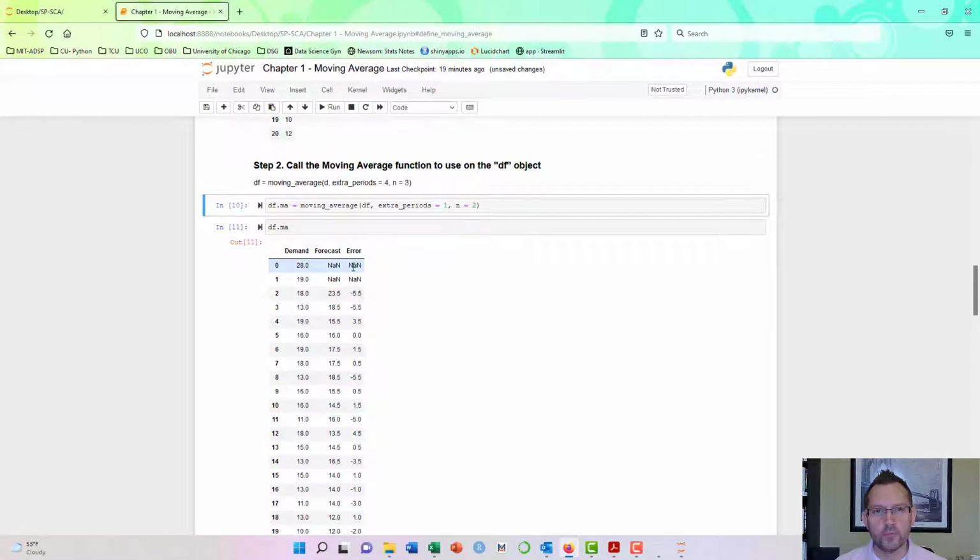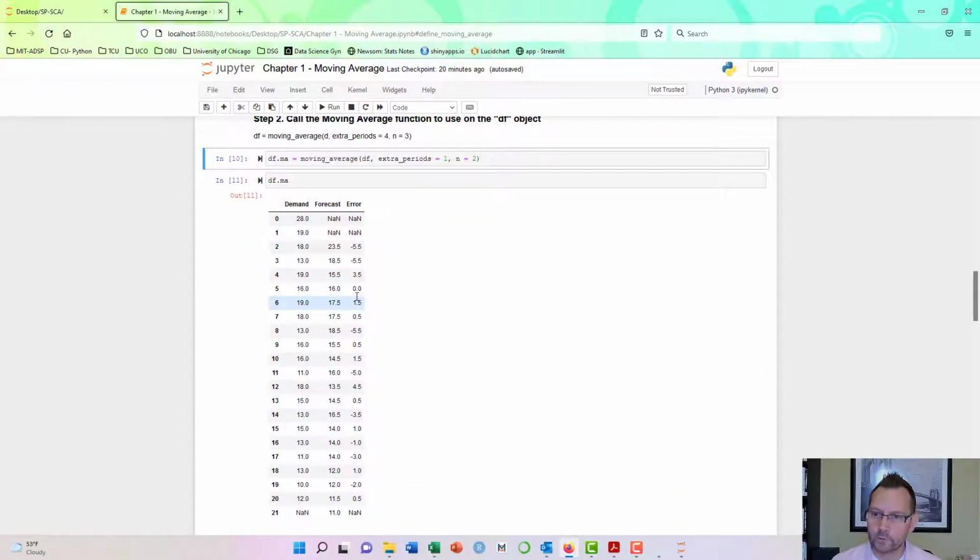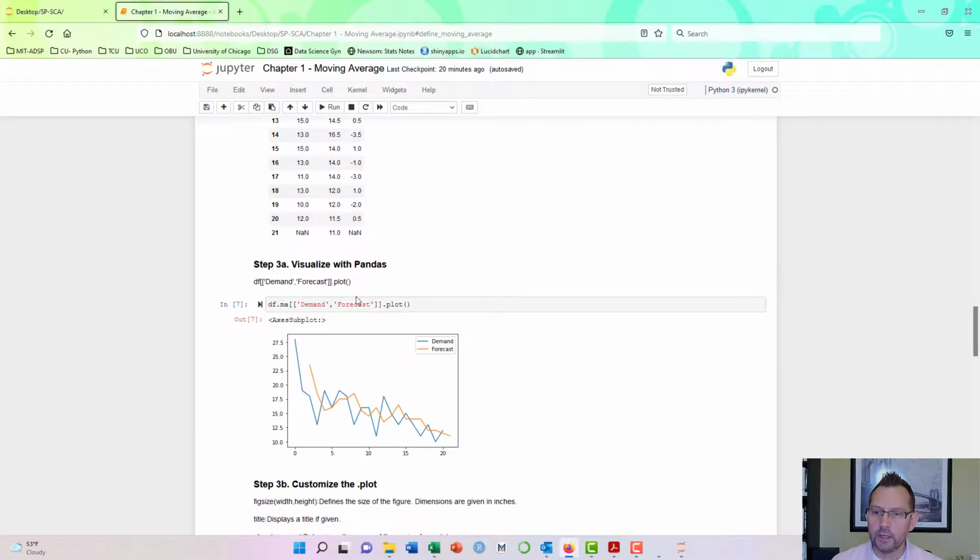Another important thing to understand that was written within the function is the error. And we closed off this session. This is something we're going to look at throughout this course, is differential, and the differential of what we projected versus what was forecasted. And so error, bias, those types of things are really, really important when we understand our modeling for forecasting. Okay. Moving on,